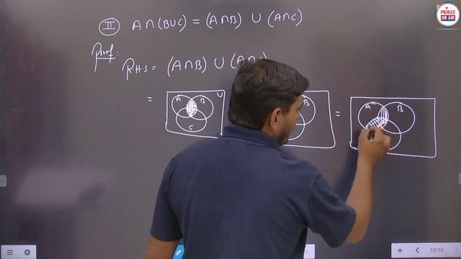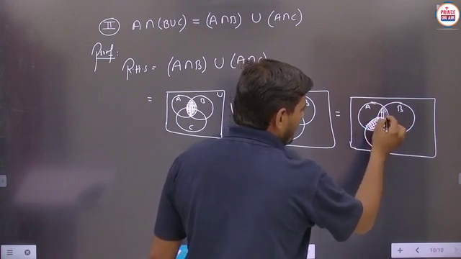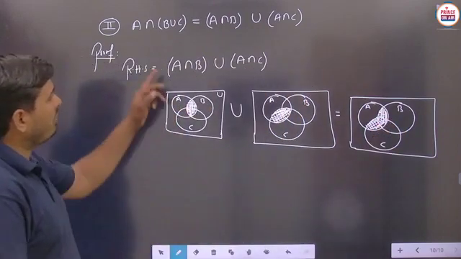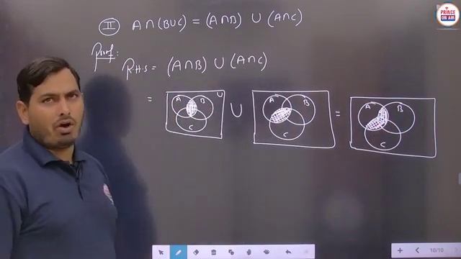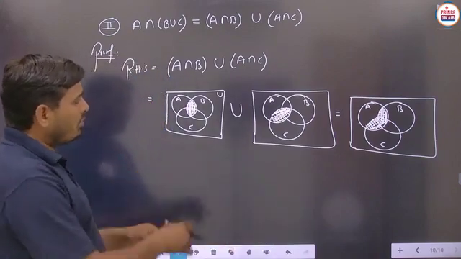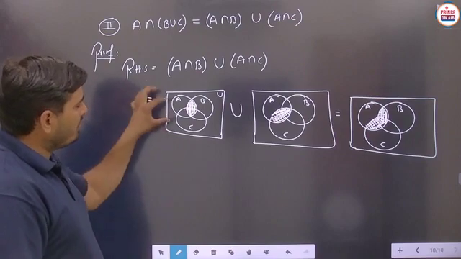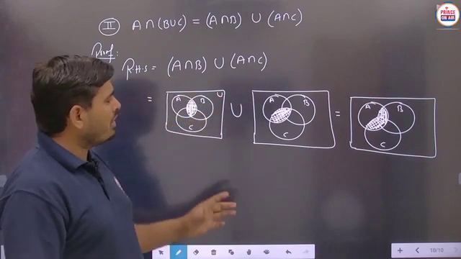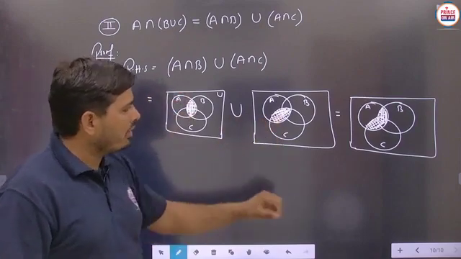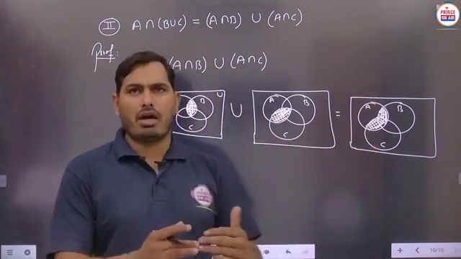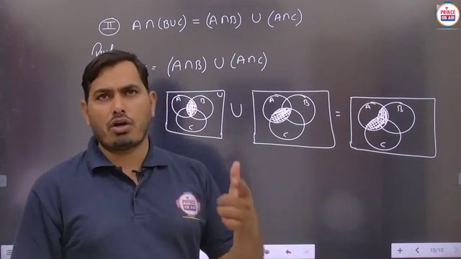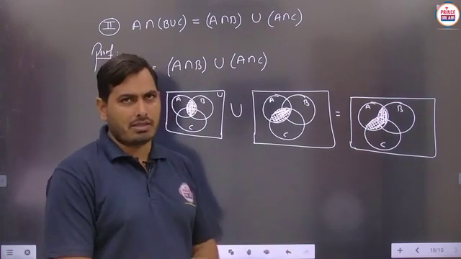So we take this as the final Venn diagram of the right hand side of the given distributive law. Means we will obtain this result here, and just observe, observation will be very important. You have to observe which area is to be obtained. In the case of union we have to take this whole area and this whole area. Both the whole areas are included, and in the case of union we take the common part only once.